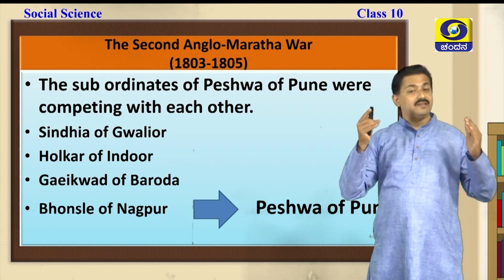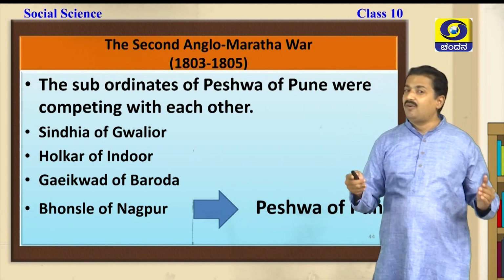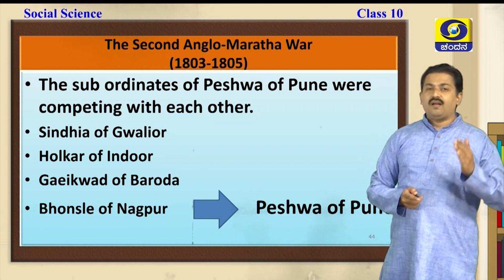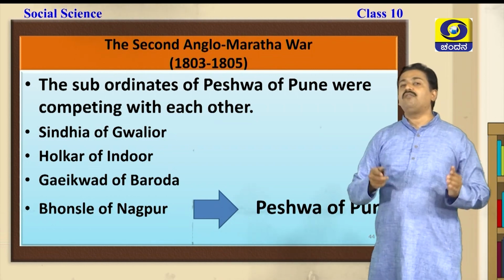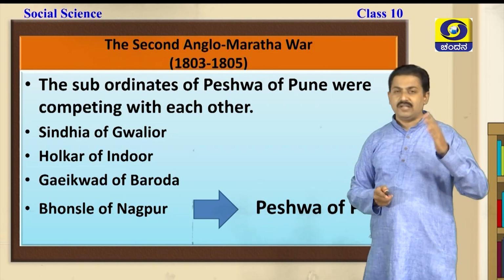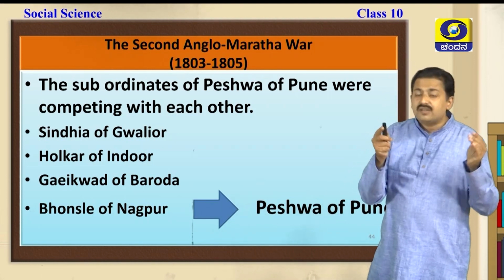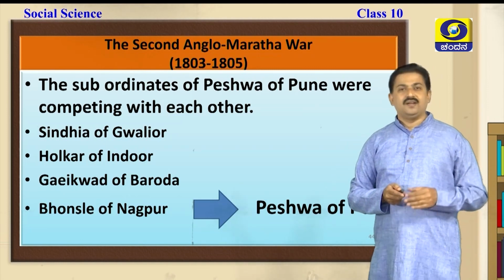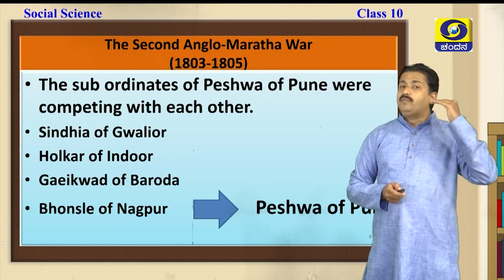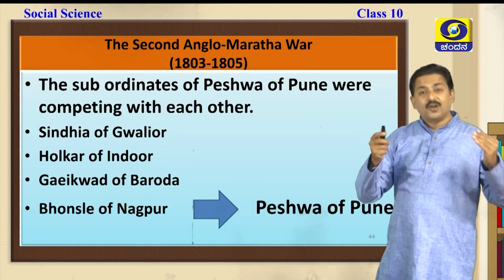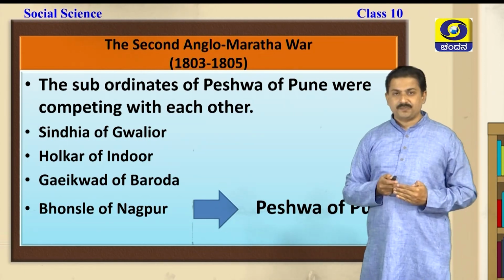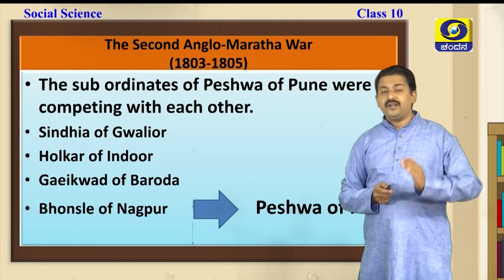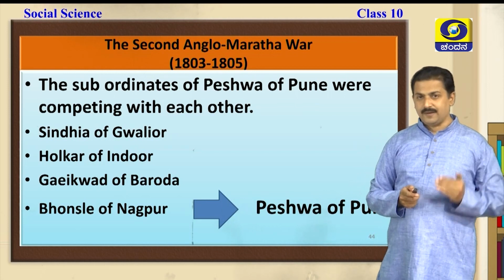Let us know the Second Anglo-Maratha War. Dear students, after Madhavrao II became the Peshwa, the British got certain concessions in the Maratha Confederacy, and also Raghoba or Raghunatha Rao got the pension. With that, the First Anglo-Maratha War came to an end with the Treaty of Salbai.